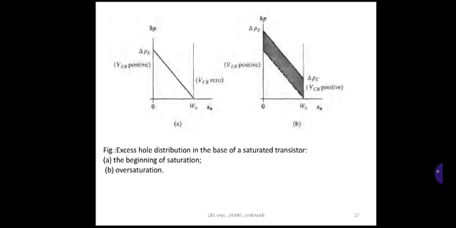That is saturation. Since a certain amount of stored charge is required to accommodate a given base current IB, and vice versa, an increase in IB calls for an increase in the area under the delta P of Xn distribution. So here figure A